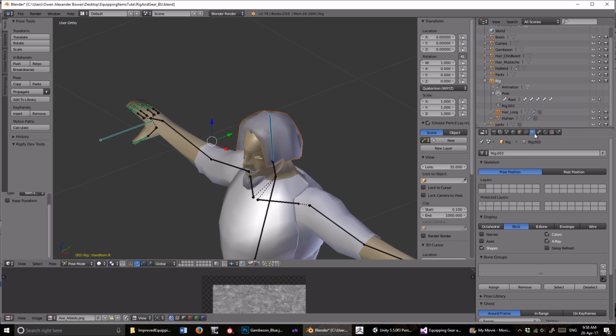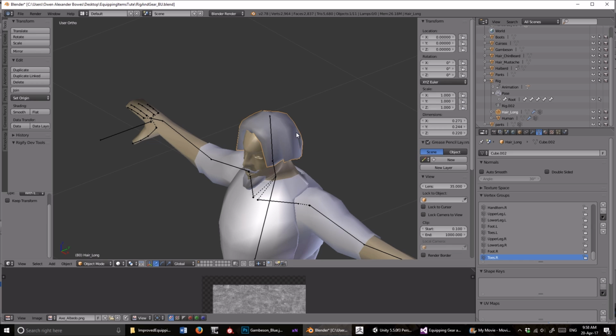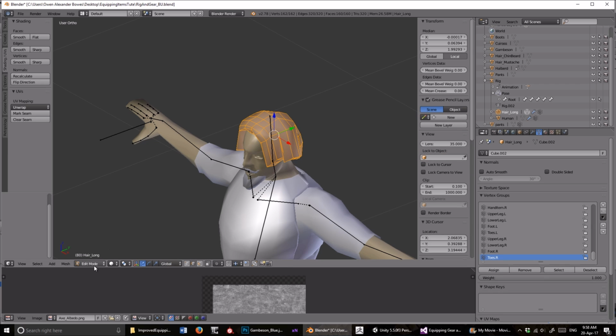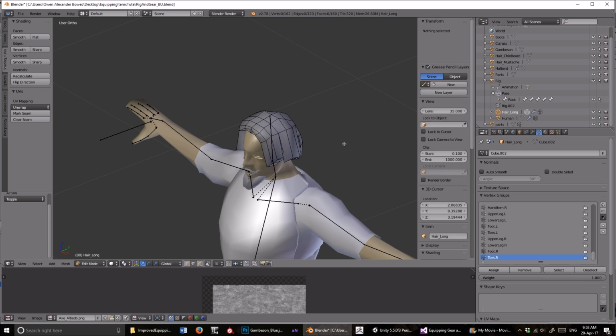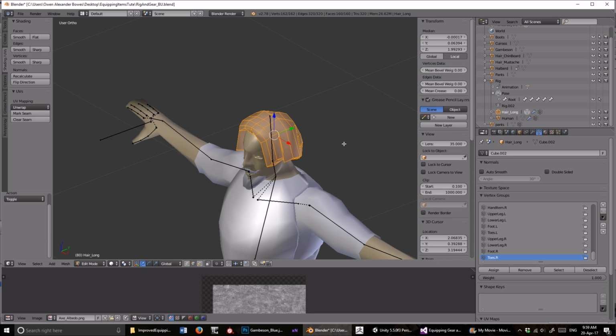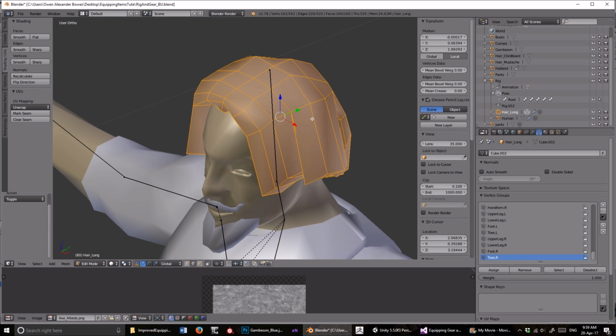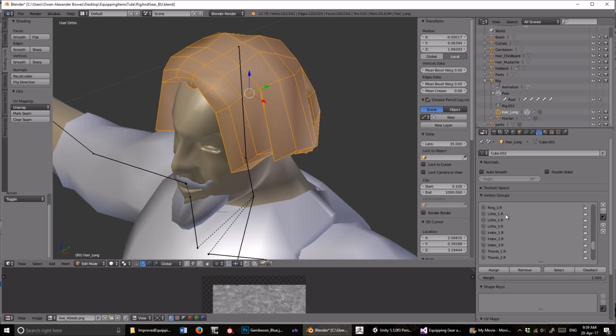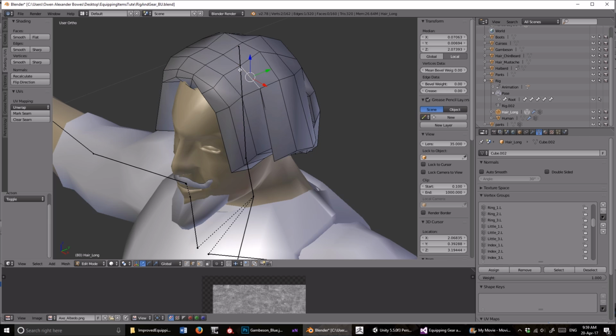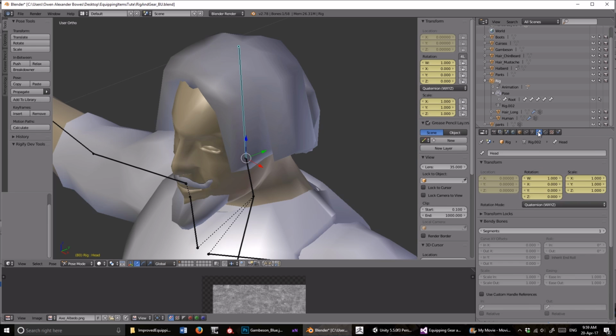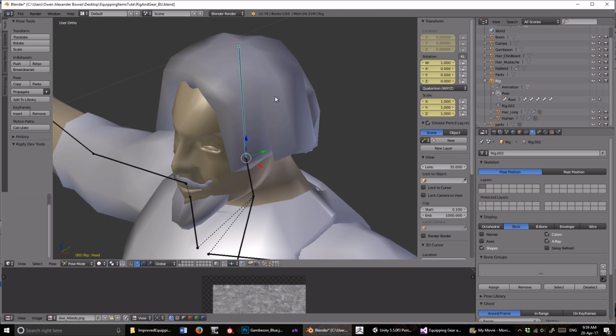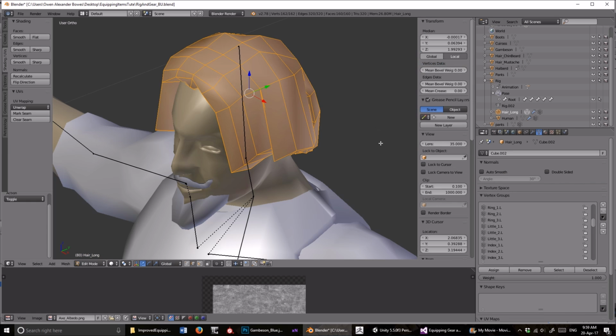Now we've done that, let's click this again and tab into edit mode. You can press tab, or you can go into this little dialog here, go into edit mode. Now you can press A to select or deselect an object completely. So press A and make sure it's all selected. Then these are all the vertex groups. These are all the bones really that we can create vertex groups for. Let's scroll down until we find the bone that we want, which in this case is the head bone on the armature. So let's go down, A, select everything,